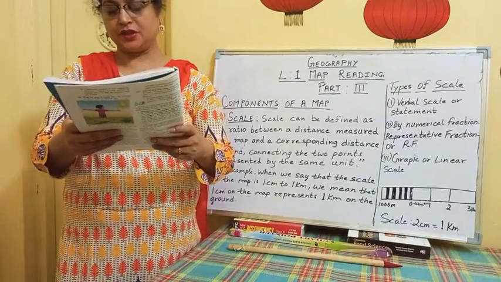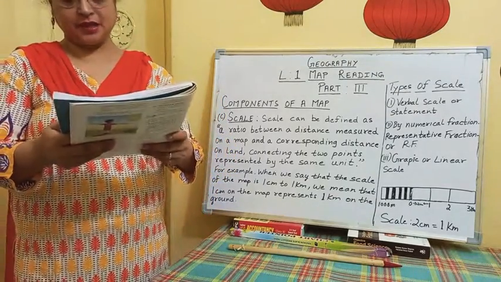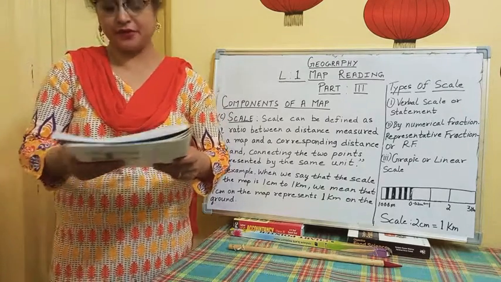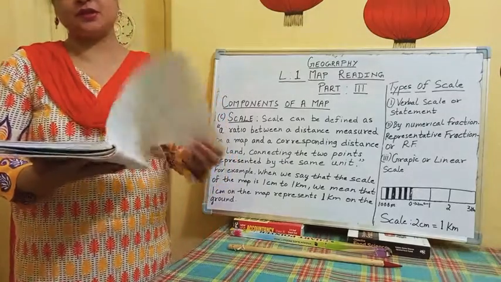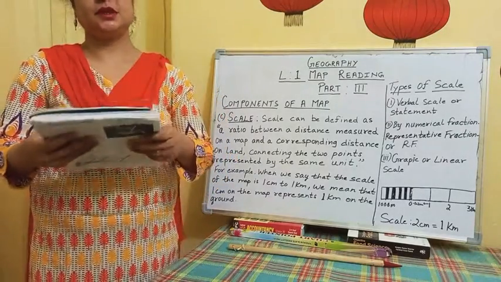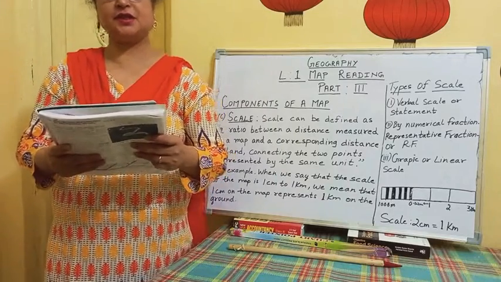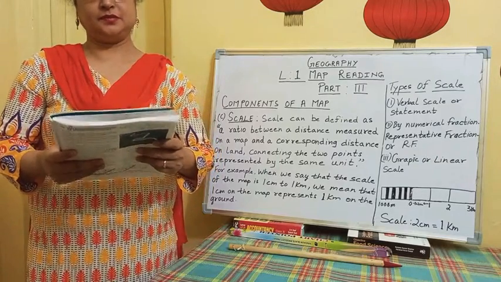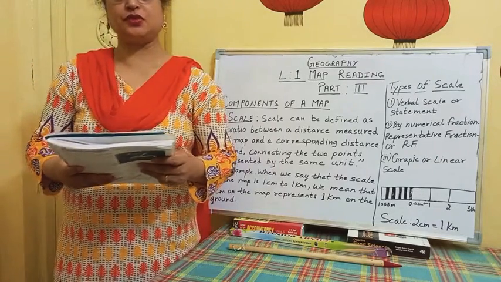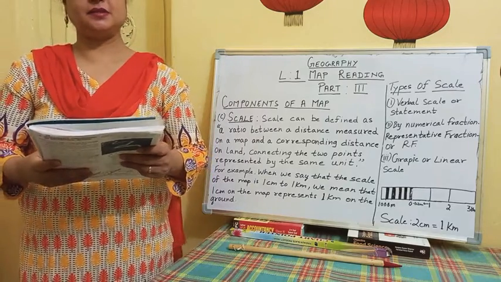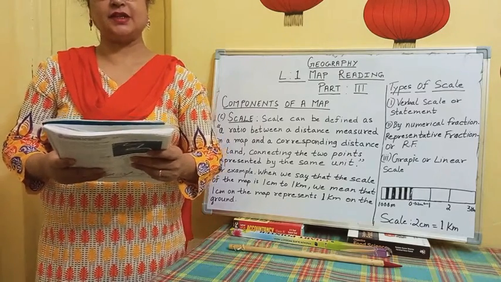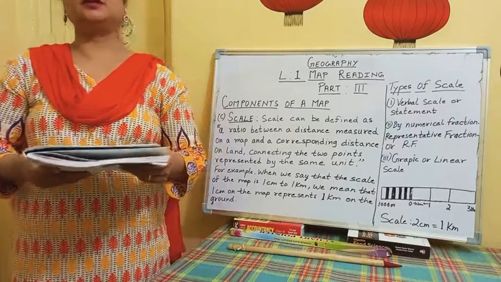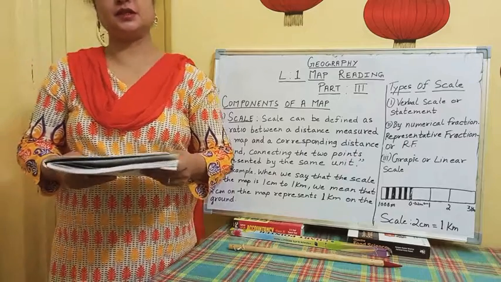A variety of features, both natural and man-made, are depicted with the help of symbols on the map. For example, rivers, ponds, settlements, roads and trees. These symbols are accepted universally and are used all over the world. So that is why symbols are used over here in a map. A list of conventional signs and symbols is called a legend. So many signs and symbols together, collectively, are known as a legend in a map.